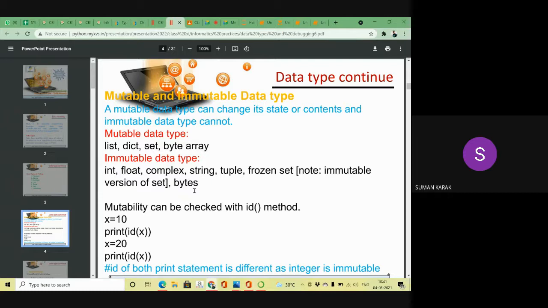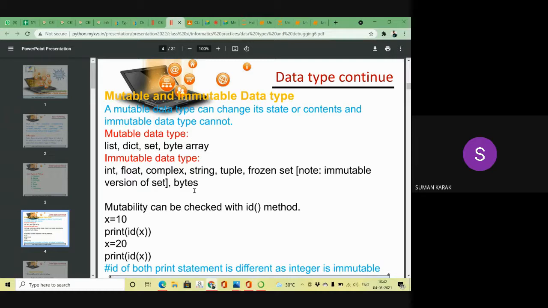That means after you declare which type of data you're going to take in your program, with mutable you can change the value or the data type after the execution of the program. But in immutable it is not possible. After the execution you cannot change the value.